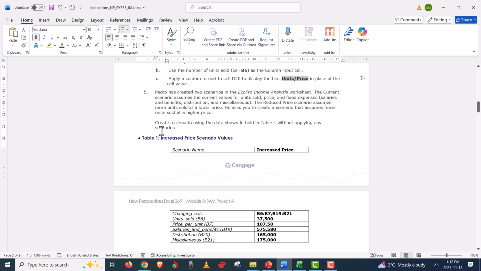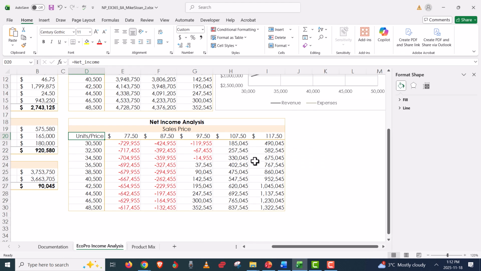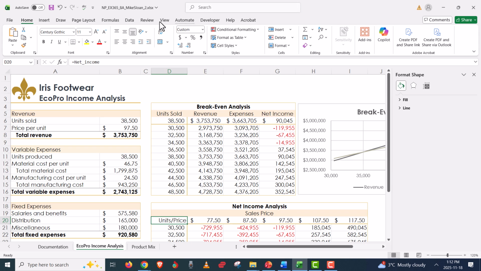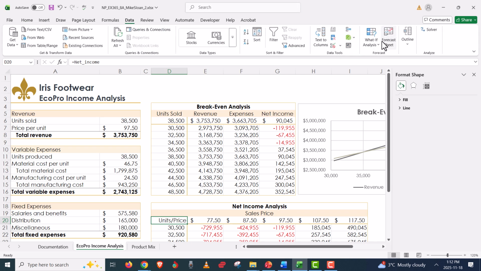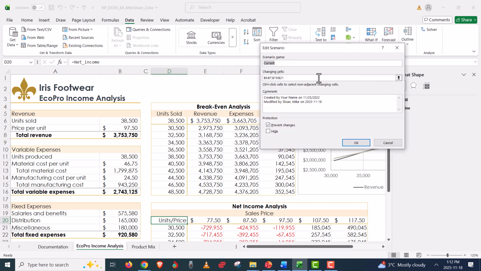Step number 5, they're already on this worksheet. So there's 2 scenarios on this worksheet. What a scenario is, just to explain, I'm not sure which cells they're using these on. So go to the data tab, go to what if analysis and go to scenario manager. Yeah, so you see scenarios for cells B6 to B7 and B19 to B21. And if you go to edit one of these, which you're not going to do because they don't say to do that,